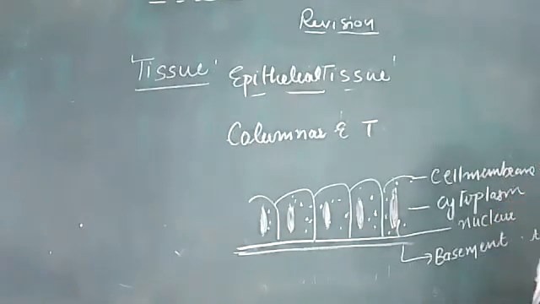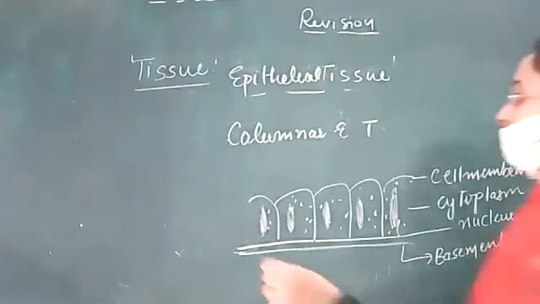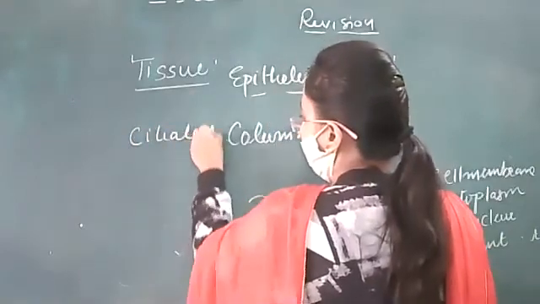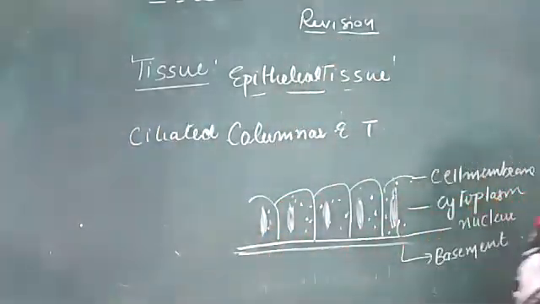So next है बेटे ciliated. तो इसी में हम ciliated columnar epithelium. So I will write here ciliated columnar epithelium. What is the difference between columnar and ciliated columnar epithelium? It has cilia. तो इसमें cilia हो जाएंगे. Otherwise the structure will be the same. ठीक? It is also present in the intestine.